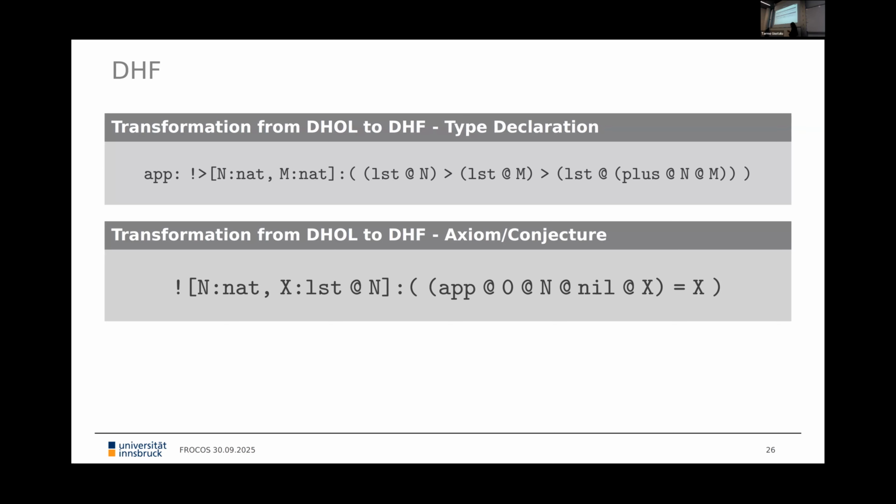In TPTP, the language BNF, in principle, specifies a form of typed equality. However, as far as my experience goes, nobody uses this. I have not yet found a single parser that actually is able to parse typed equality. So we decided to go with the untyped equality in DHF, which requires a bit more work when type checking.